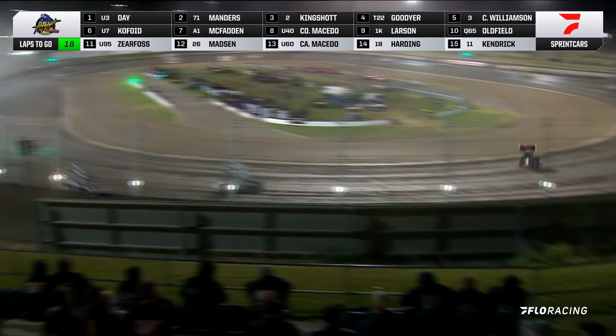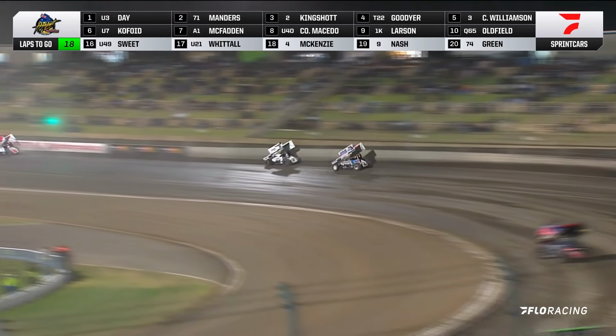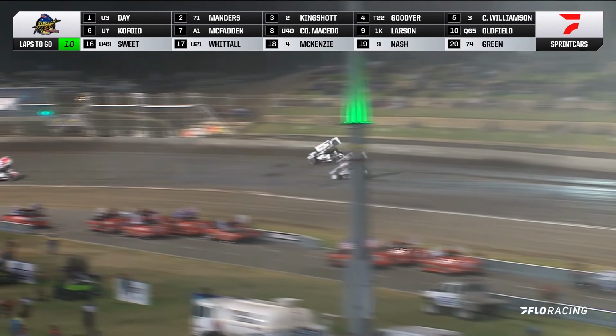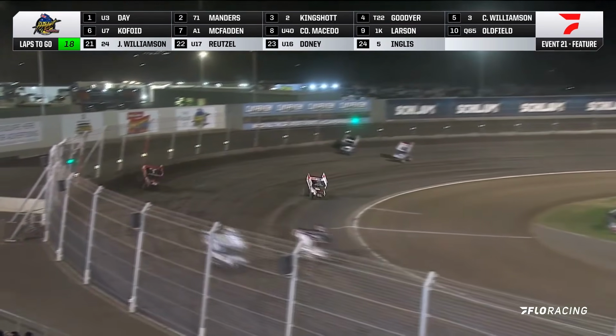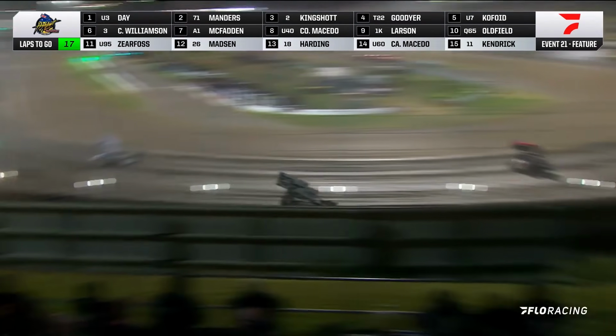A tap of the wall into 1 for Williamson, and Kofoid gets it done. A little bumper hook down the front straightaway. That sent Callum Williamson to the outside wall. Buddy Kofoid will go by. Williamson drives it in deep into turn 3. Can't complete the slider there. And Buddy is going to have that 5th spot across the start-finish line as he closes in on Jock Goodyer